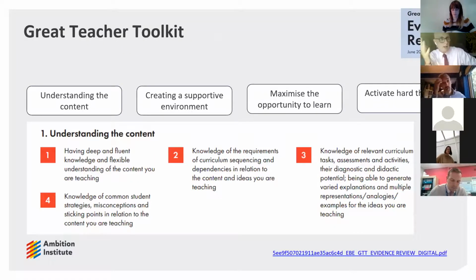Another MAT has started to look at the Great Teaching Toolkit, a very good piece of evidence review on a broad range of classifications and evidence on what great teaching and learning is. 4 domains. What this doesn't necessarily have is the levels of proficiency that sit underneath it, but they're starting to explore what that might be for them.